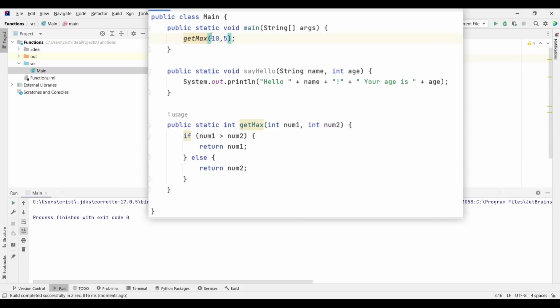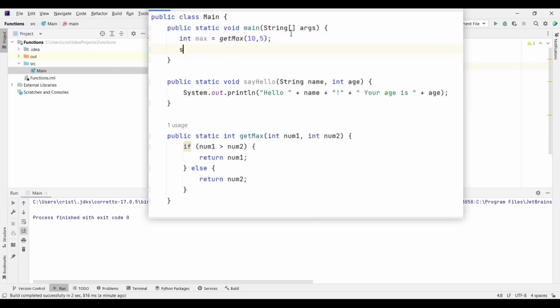Because if you press Shift Control P on this function, so we select the function, as you can see, the whole function is considered to be an int because it's returning a number. This is why you have that pop-up which says int. Now, I'm going to type here int max equals getMax, and this is going to return the maximum value. Down here we type SOUT, and I'm going to output max. And let's press Ctrl Alt L to format the code, and let's run our code now. Now we get 10. So our function returns the bigger number.